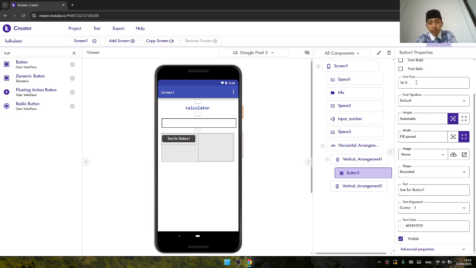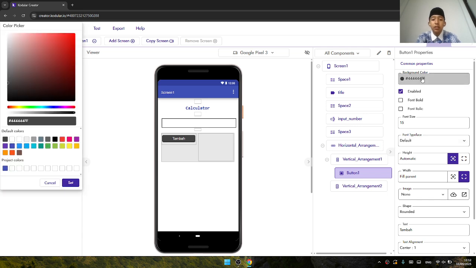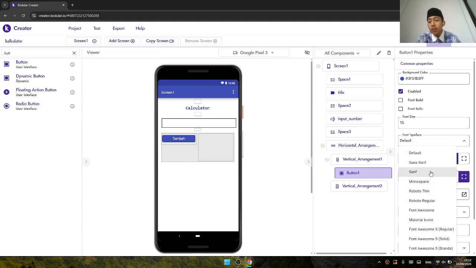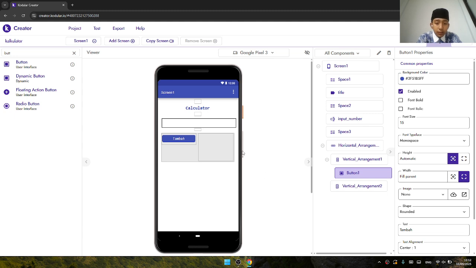And then we set the font size, 15 is enough, I think, and set the text to tambah, tambah like this. This is for an example. Change the background color to indigo. Don't forget to change the font typeface to monospace.